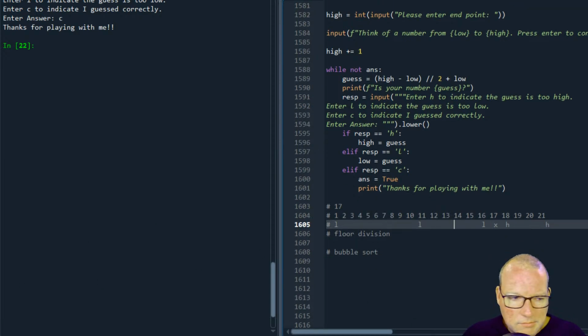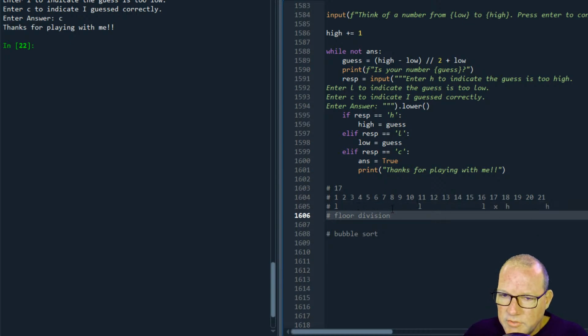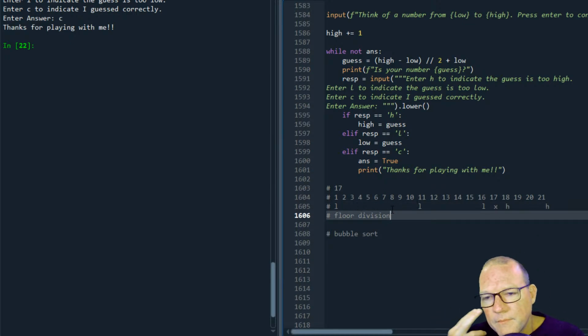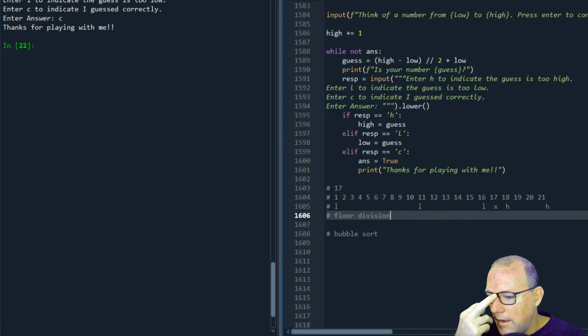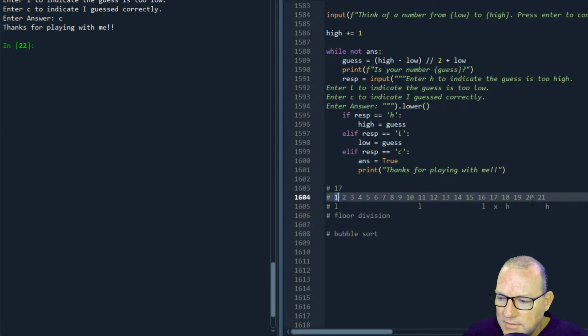Can you see over my head? Yeah. This is just a very interesting logic exercise to go about how would you design this? How would you guess? What would be the most efficient way to guess if you were playing and somebody gave you the boundaries? Hey, I'm going to think of a number between 1 and 20, and I want you to guess. And this is the most efficient way to do it because you're cutting this all in half.